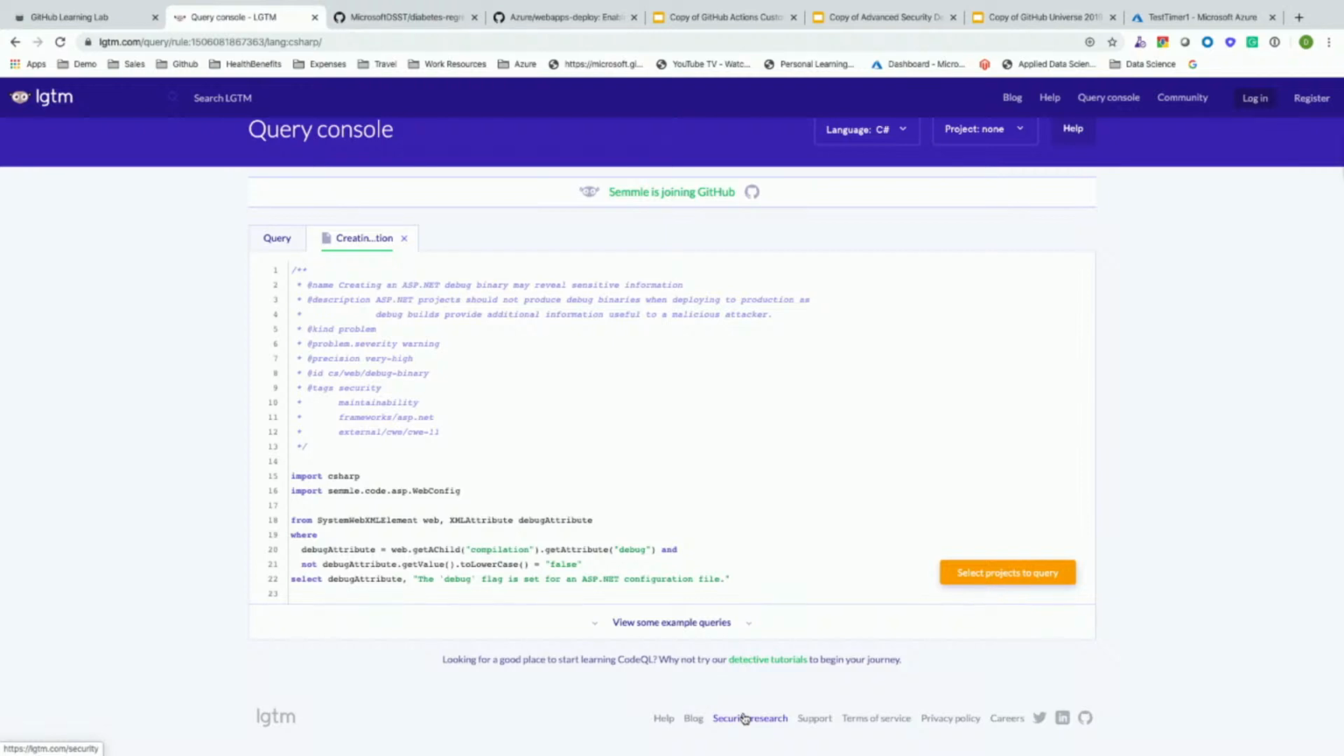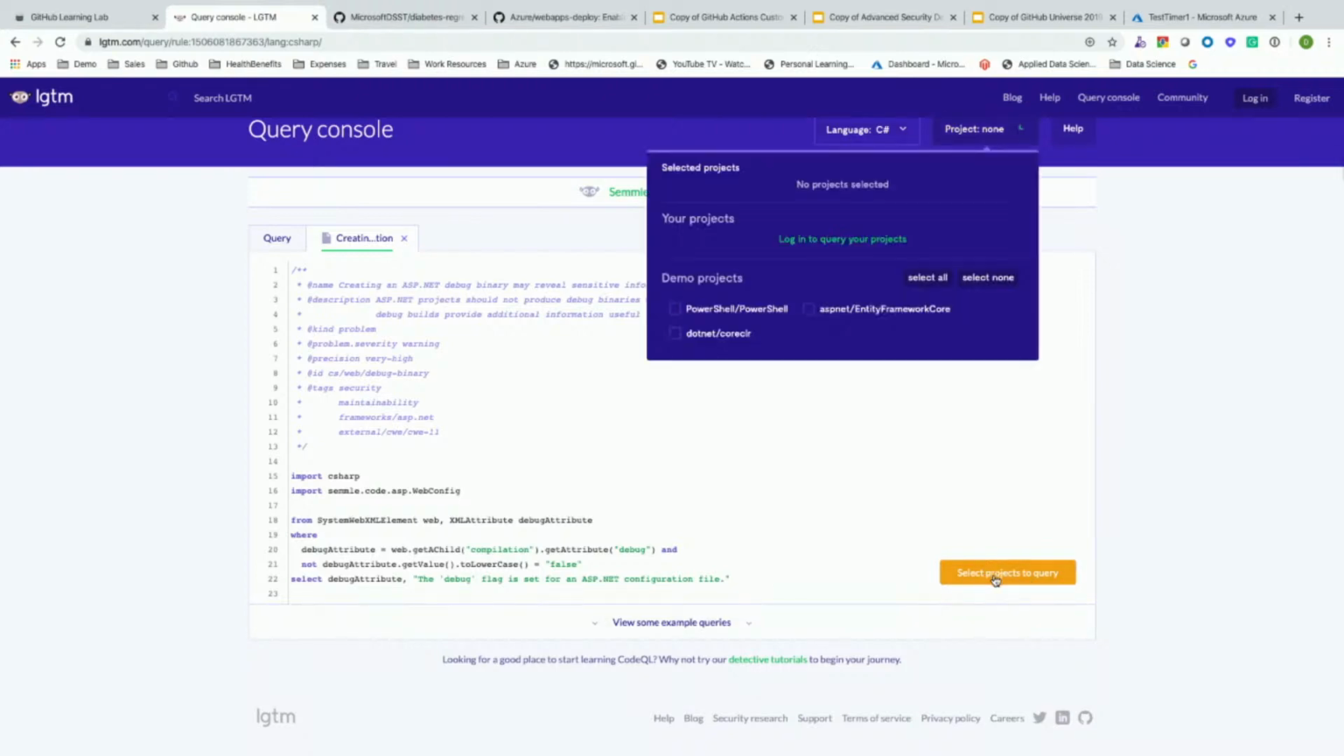There is a language associated with this, right? So you can see it's using C# for the query language, or that's actually what it's querying against, but it supports a bunch of different languages. And then if you wanted to, and you had some open source projects, I have not tried this yet, you could select the projects to query. You can log into your projects in your GitHub repo and run that query against your projects